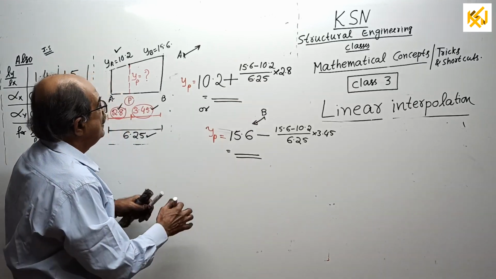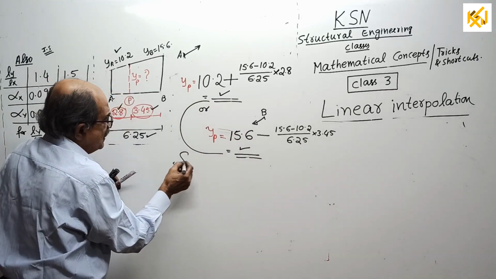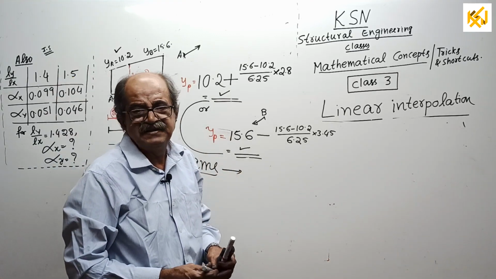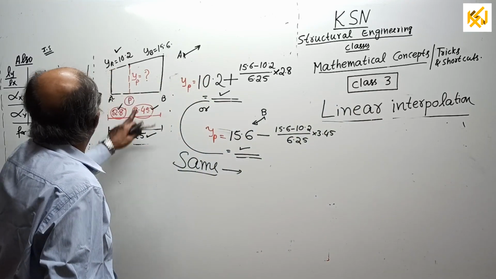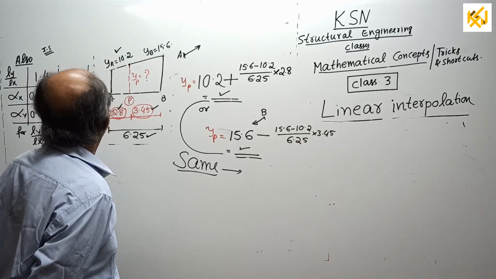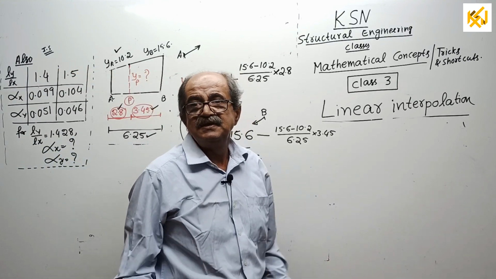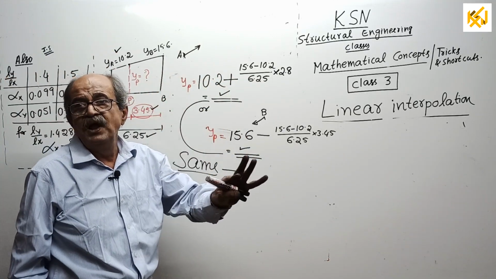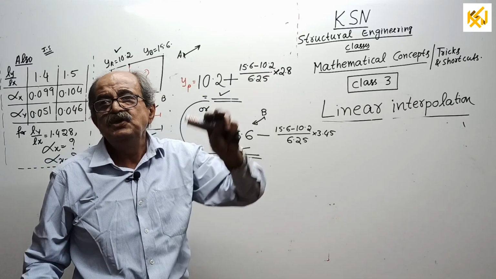Over. That way. What value you got here, what value you got here, both will be 100% the same value. That is my guarantee. I am not writing the answer because I wrote it at the beginning of class. I told directly, if you want YP, 10.2 plus (15.6 minus 10.2) divided by 6.25 times 2.8, or 15.6 minus (15.6 minus 10.2) divided by 6.25 times 3.45. I told that way, and I wrote the answer there. Check the answer. Over. Now, this case is over. Hope everybody, when you get a trapezium or a sketch given for interpolation, you are perfect now.